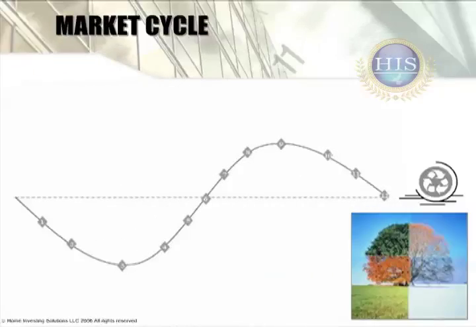In the real estate cycle, there are only two guarantees. There will be low seasons and there will be high seasons. But what makes the difference as an investor is in understanding the four stages that drive the cycle. The first stage I want to introduce you to is the declining stage.